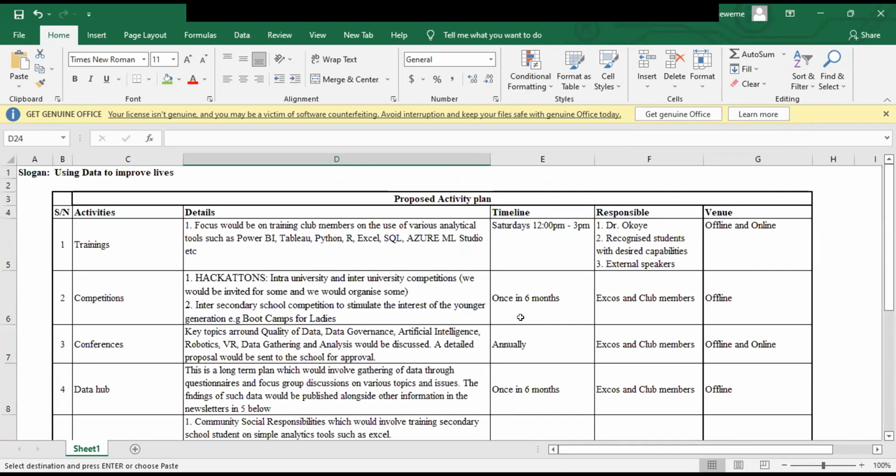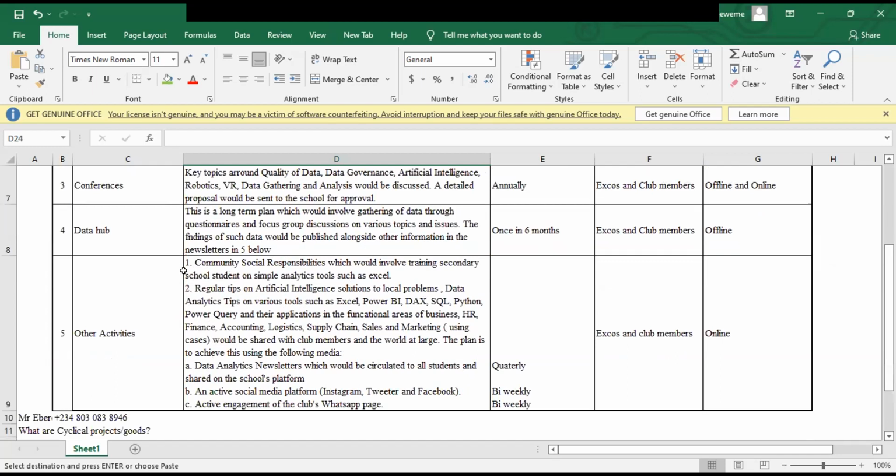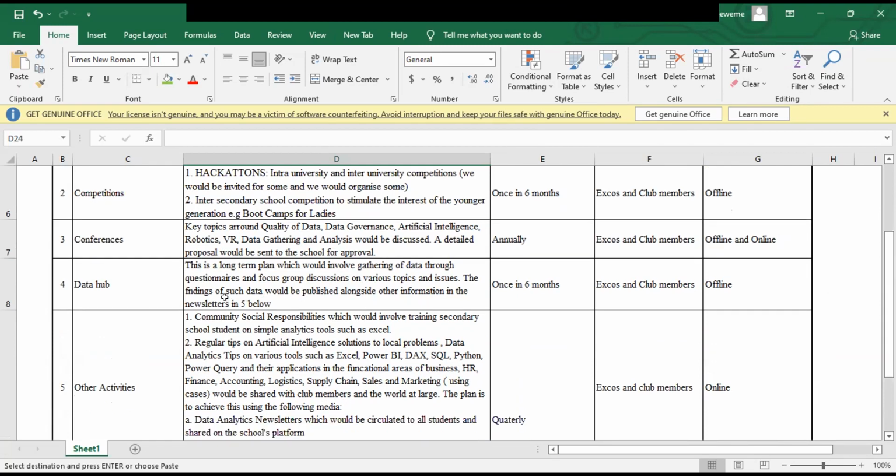One of the last ones I'll talk about was this one. We already mentioned something about CSR, but besides this data hub, Francis was also talking about the possibility of publishing some of our data insights, maybe from the hackathon or from our own practice, insights from data that people did not really know about Nigeria. At least we have to start from our locality. But yeah, so it will be like a publication.